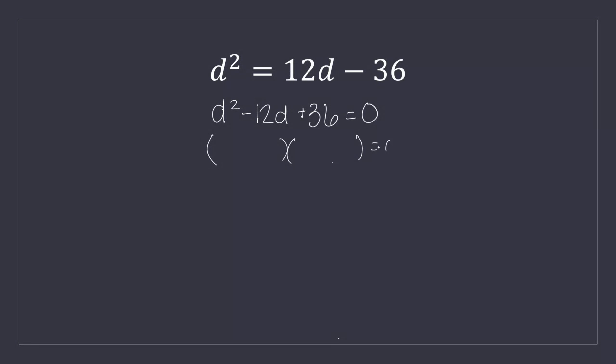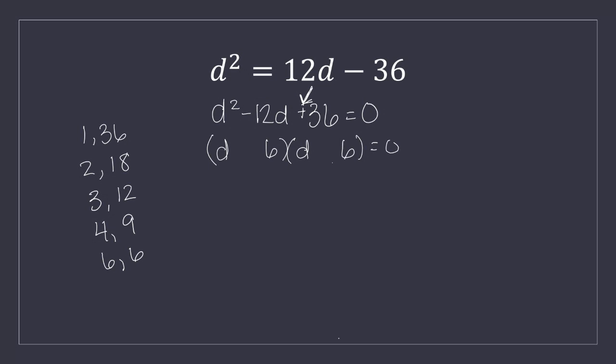I'm going to break this apart, and I'm going to take the d squared and break it into d and d. And then I want to know what factors of 36 are going to add, because I have a plus sign, to make 12. Let's see, we've got 2 and 18, we've got 3 and 12, 4 and 9, 5, 6, and 6. Clearly, I can see that 6 and 6 are the only ones that are going to work, but I need to make that a negative 12. So I'm going to make negative 6 and negative 6 in the parentheses,